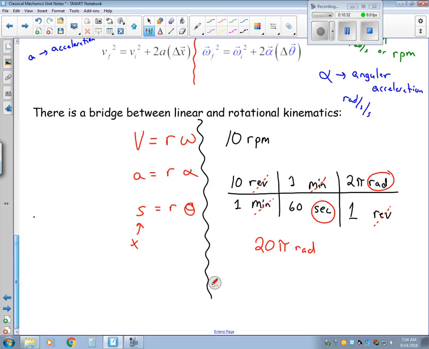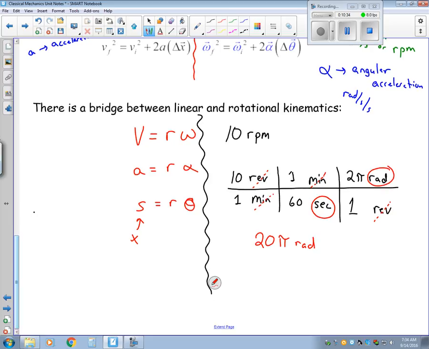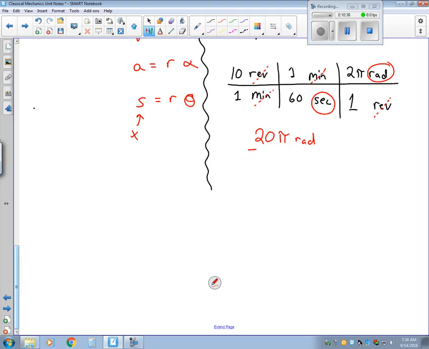And then I multiply across the bottom: 1 times 60 seconds times 1, well, that's just 60 seconds. Then I can do some reductions here. 20 divided by 60 is the same thing as 1/3. So I'm left with pi over 3